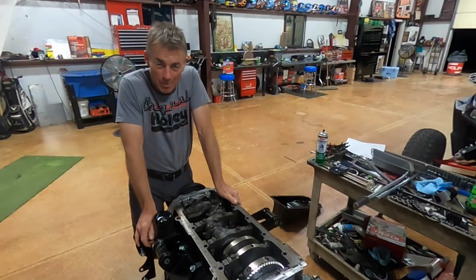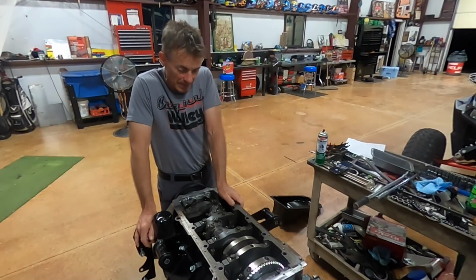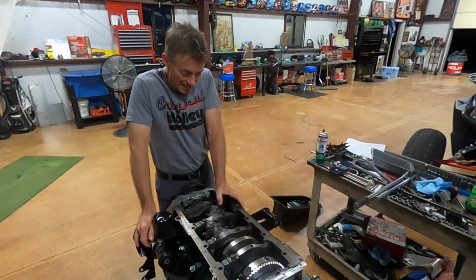Last time we put a camshaft in, a big old Comp camshaft. Because there is a back order on so many parts and pieces, I kind of want to pull the rods and pistons out, but yet there is a problem with that, and that is that